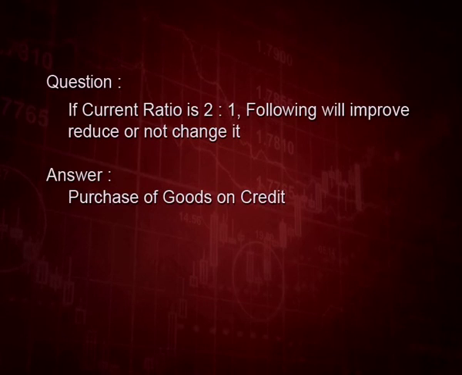Why? Because when we purchase goods on credit, our current asset will increase and current liability will also increase, but by the same amount. So, then the effect will be reducing the ratio. You can calculate it by assuming some figures. Now, let us think about payment of dividend. Yes, will it reduce, increase or not? Yes, it will also reduce, because when we pay dividend, cash is going out. Is there any effect on the current liabilities? No. So, the ratio is reducing. So, you can assume some figures and do these questions.